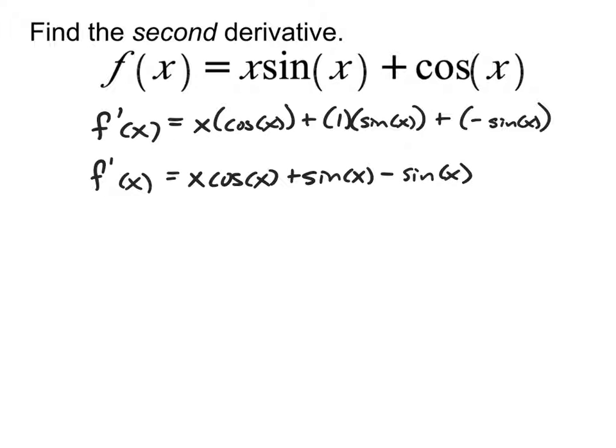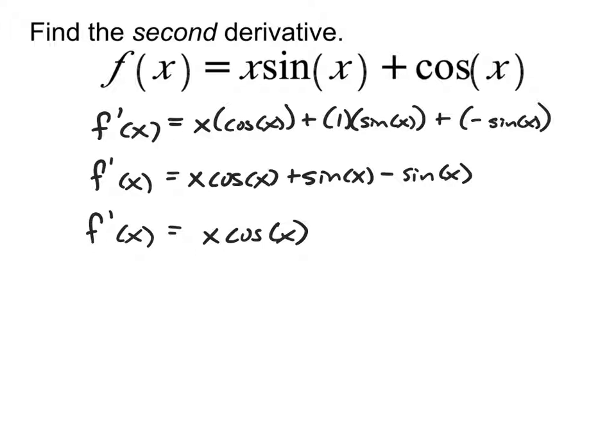Because you'll notice here that I have sine x minus sine of x. That, of course, is going to just add up to 0. So actually, f prime of x here just equals x cosine of x. Actually, finding that first derivative gave us something simpler than what we started with. It's rather nice. But we're not done yet, of course, because remember, we are finding in this particular problem this